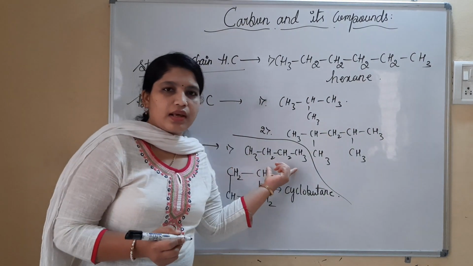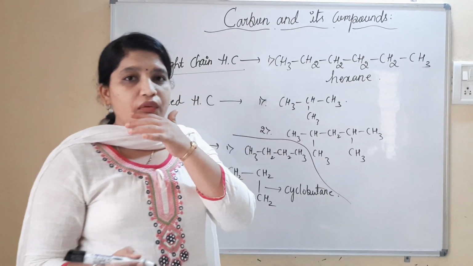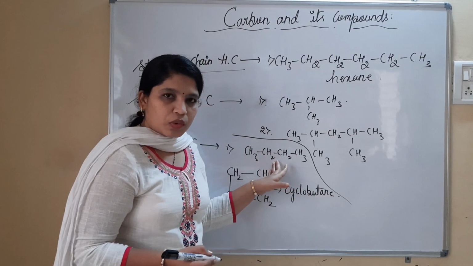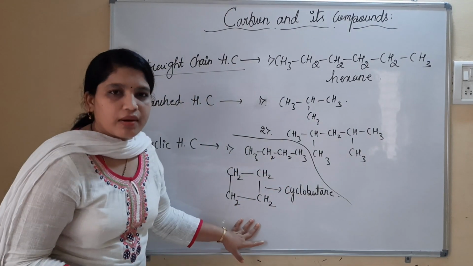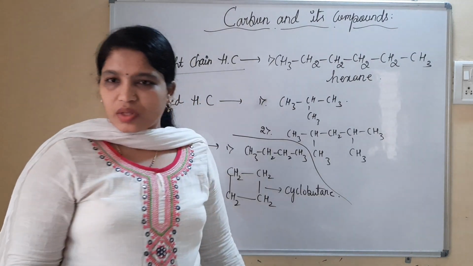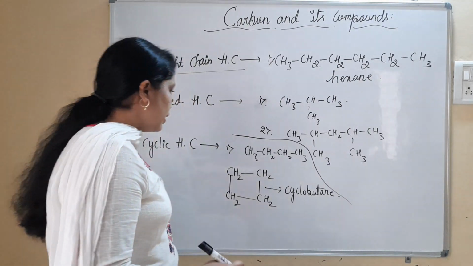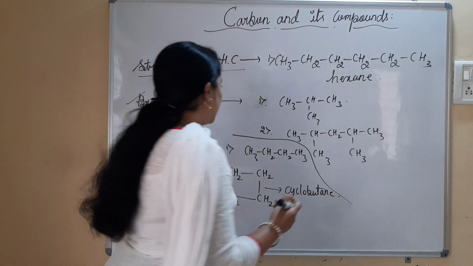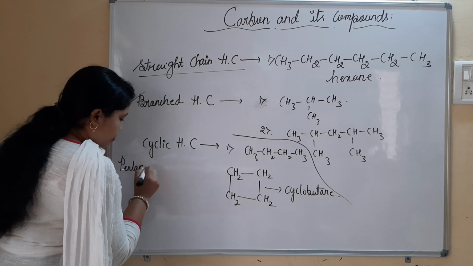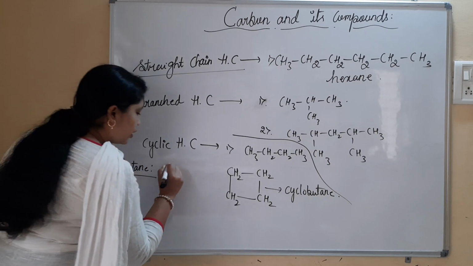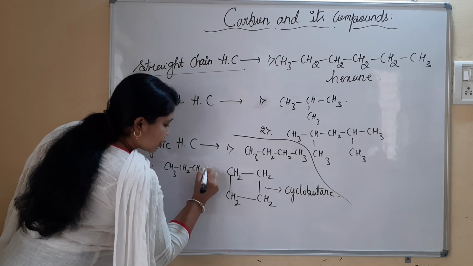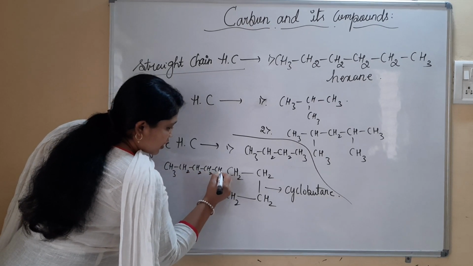How is the cyclobutane formed here? Just by taking the example of n-butane, normal butane. We made use of normal butane, and with the help of that one, we have written cyclobutane, right? Likewise, we can even consider pentane. Pentane molecule, you all know, has 5 carbon atoms: CH3, CH2, CH2, CH2 and CH3.